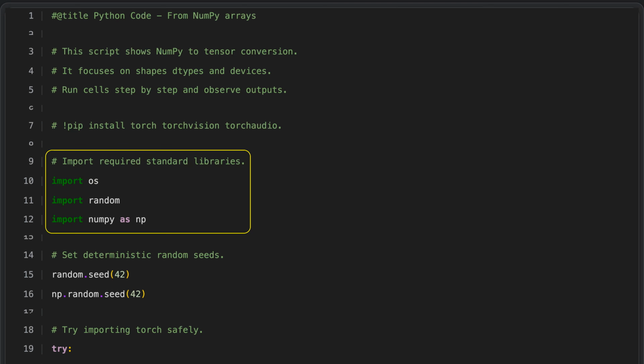We begin by importing a few key libraries that we will use throughout our work. The operating system library lets us interact with the system, for example, to work with files or environment settings. The random library allows us to generate random numbers, which is helpful for creating random data or setting random seeds. Finally, we import NumPy, a powerful tool for numerical computing that makes it easy and efficient to create and manipulate